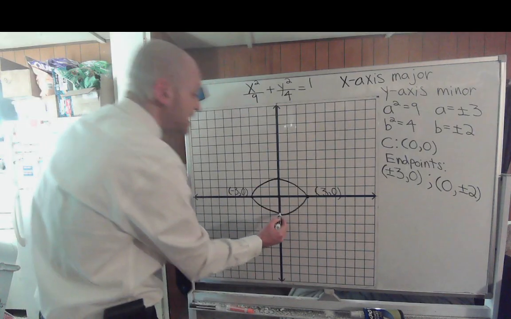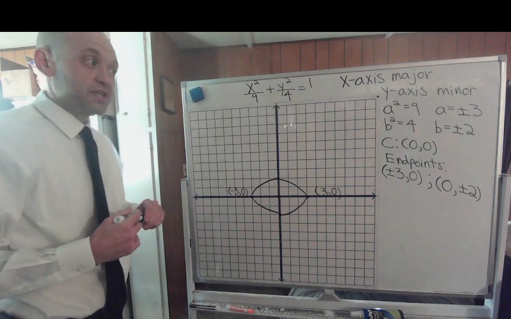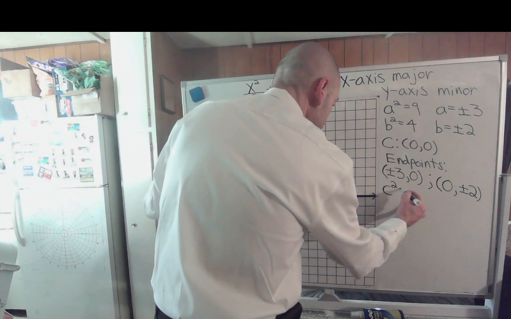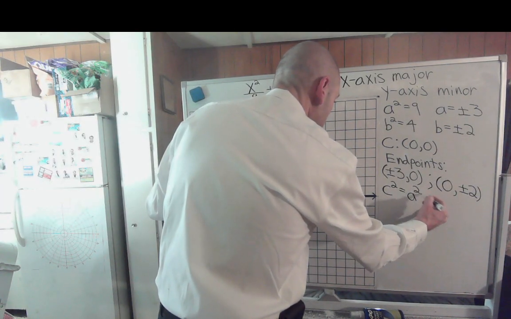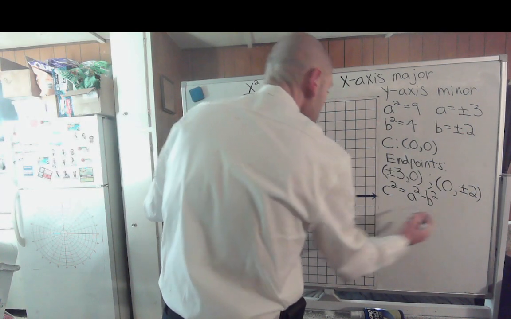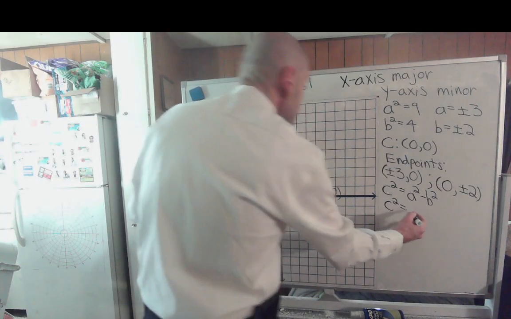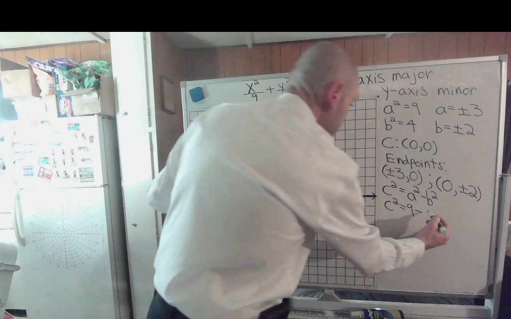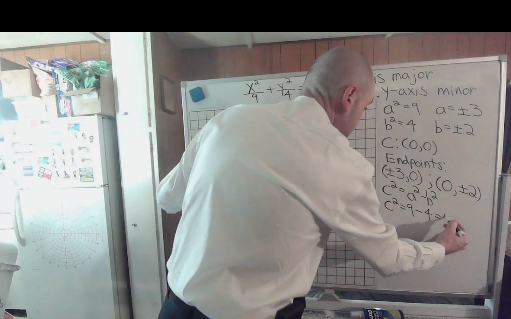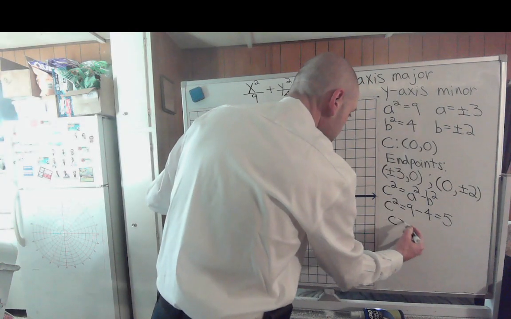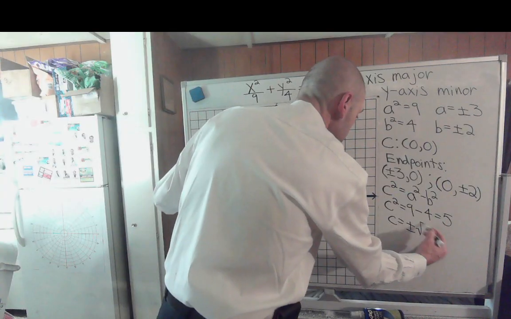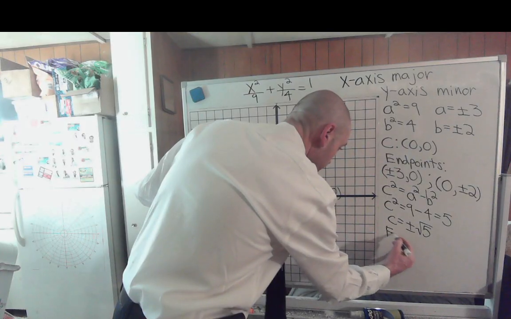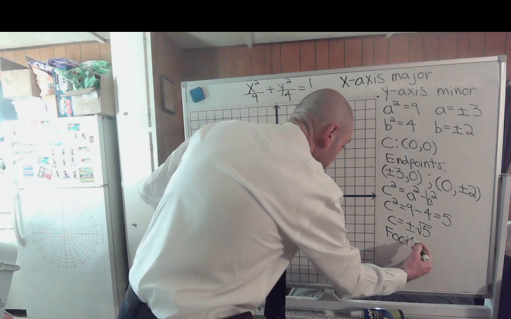And then the very last thing we need to do is find the coordinates of our foci. So foci is given by c squared equals a squared minus b squared. So c squared equals our a squared of 9 minus our b squared of 4, which is going to equal 5. So c equals plus and minus the square root of 5. So how do we find the coordinates of our foci? Well, the foci,